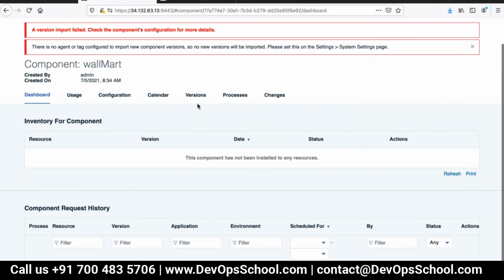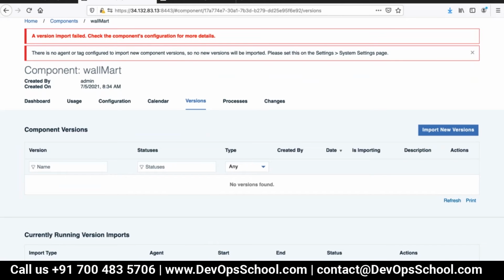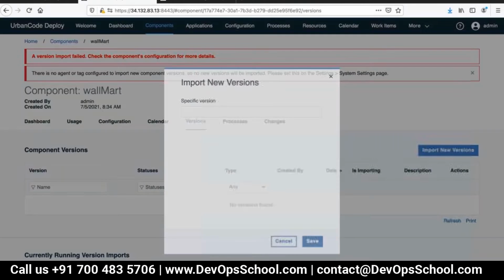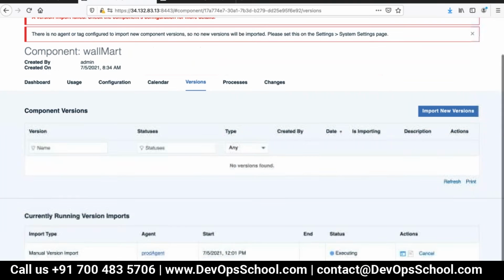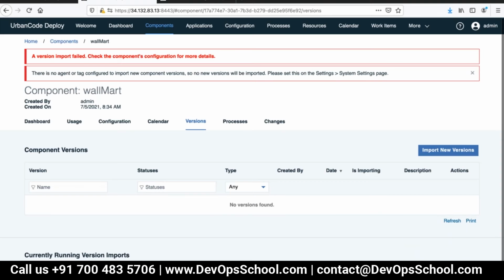Okay, let me go to version. Import. See the logs. Click on the logs. Not this one. Not this one. This one.